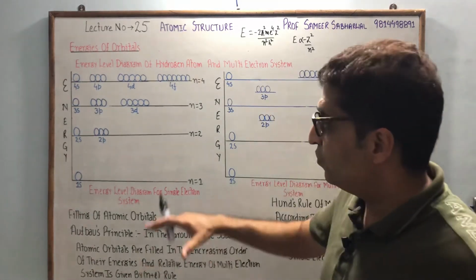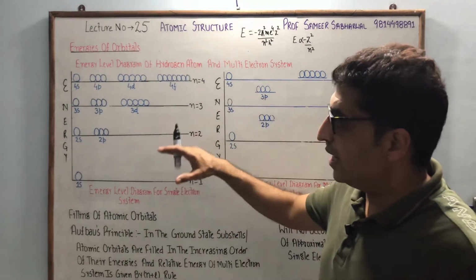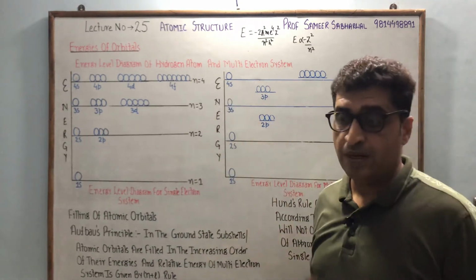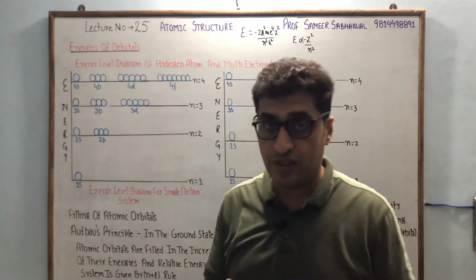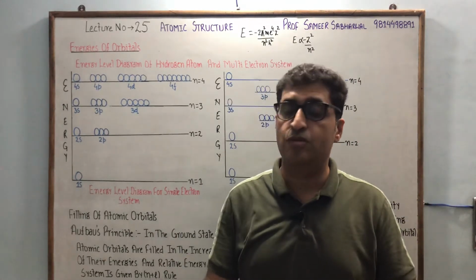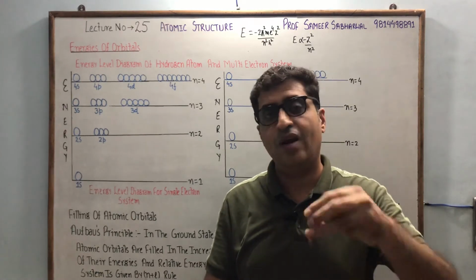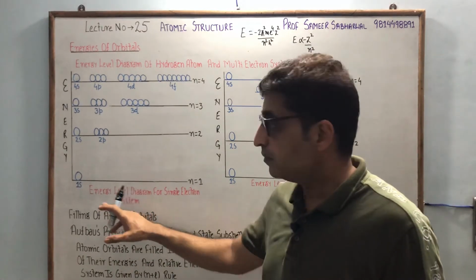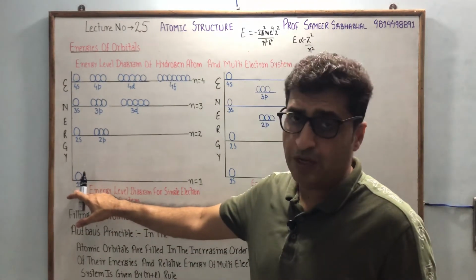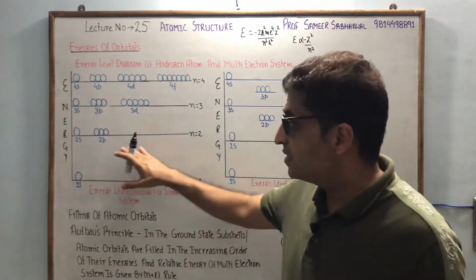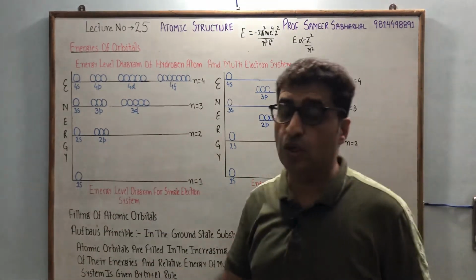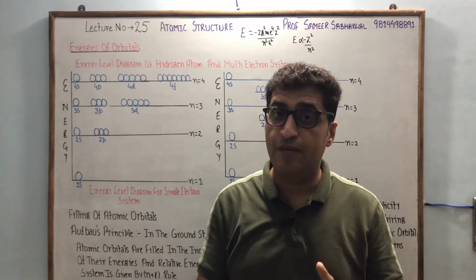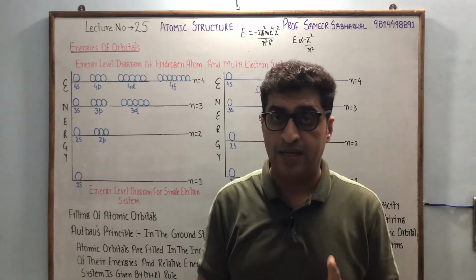So anyhow, we have a number of shells, and we have arranged these shells in the order of their increasing energies. Now we know that in an atom we have shells, in shells we have subshells, in subshells we have orbitals, and electrons are in orbitals. So in the case of the hydrogen atom, this is the first shell having one subshell, and 1s is the orbital. In the second shell we have two subshells, 2s and 2p. But in the case of a single electron system, energy is given by n. This is a very important thing.